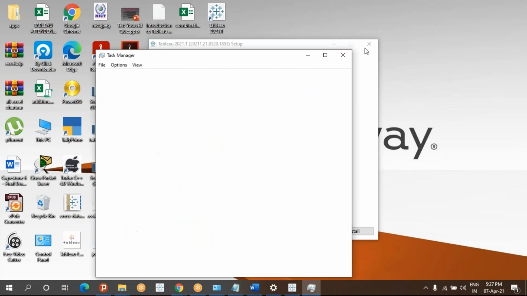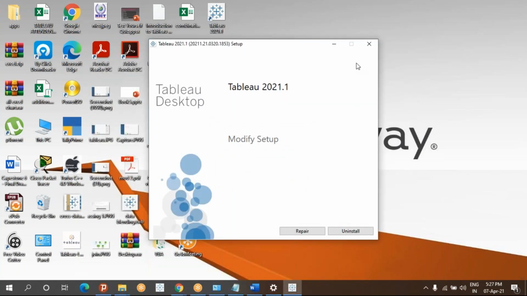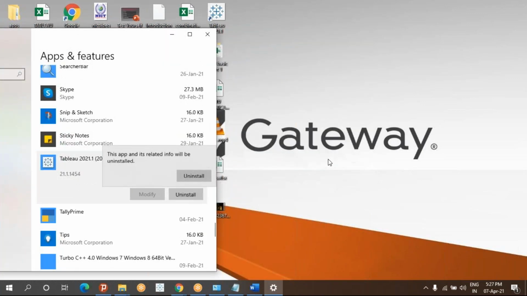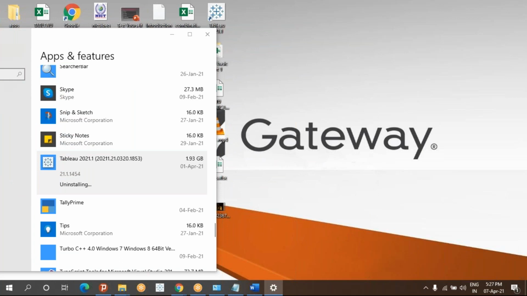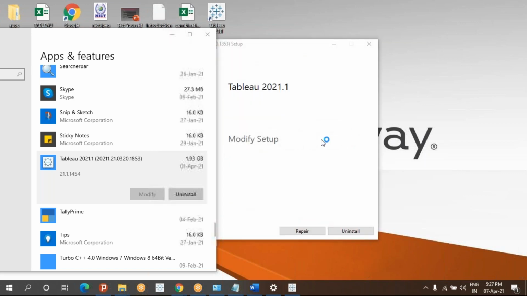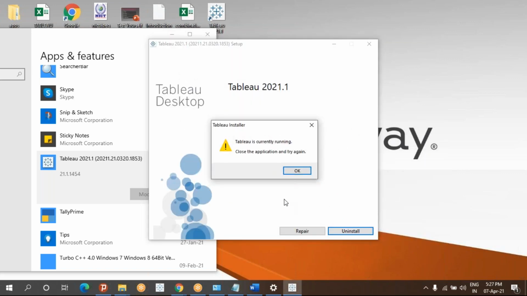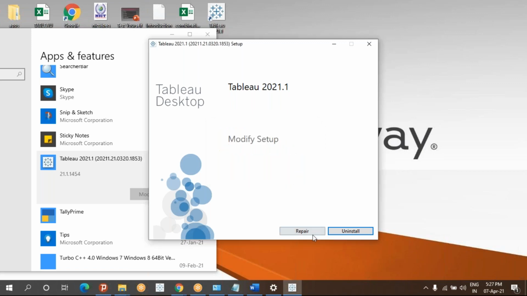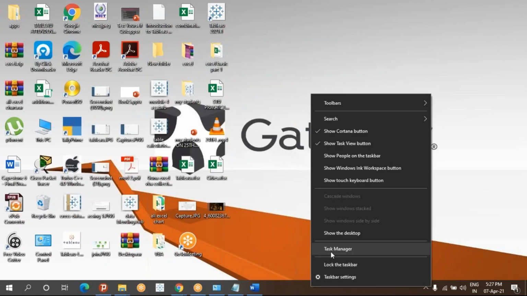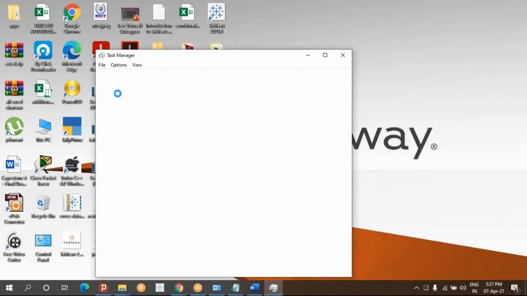Go straight, and install this existing version. It is still running.